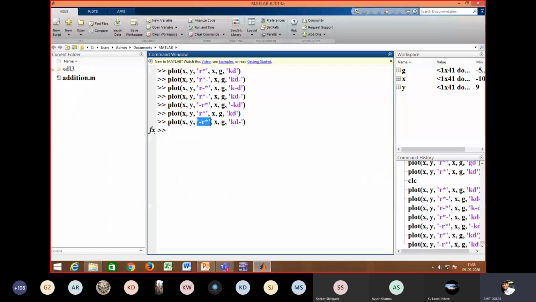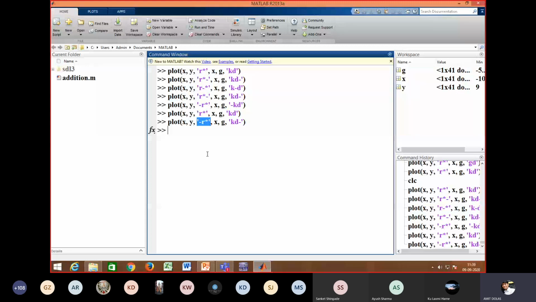While plotting the signal, if we are changing the signal color, marker point, or line type, the sequence of those doesn't matter. Just put whatever required content you want into the graph. So that's it.